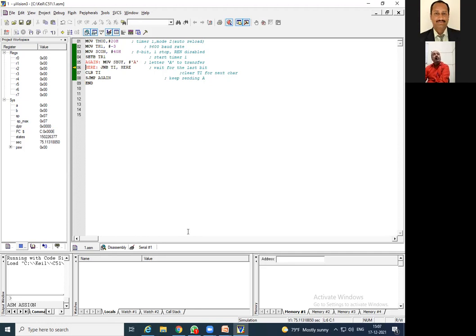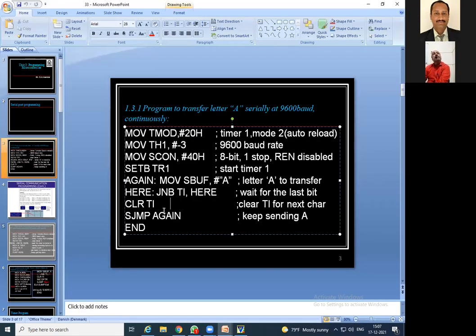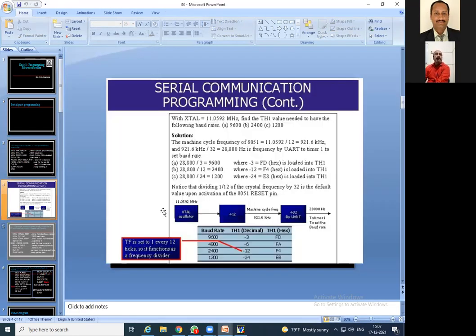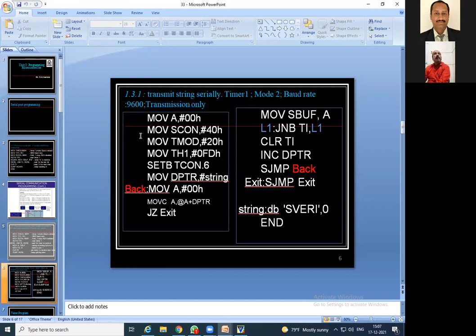If you want to send a string or any group of characters, the next program is also with us, so we will check it. This is the slide we saw yesterday on how to set the baud rate. Here is another serial program, to send the string.